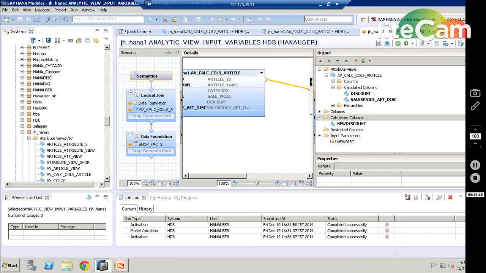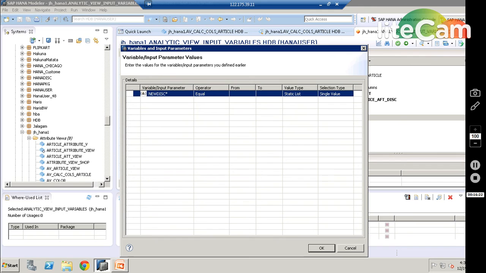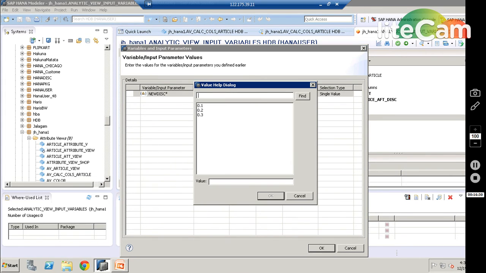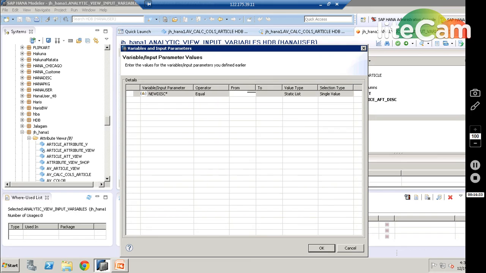Once the activation is successful, you just click on data preview here. It is asking you what value you want to use. I'll be choosing the discount as 0.2. So now it will calculate the 20% discount and show that in that particular column.